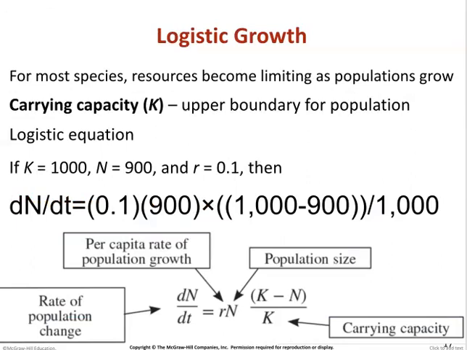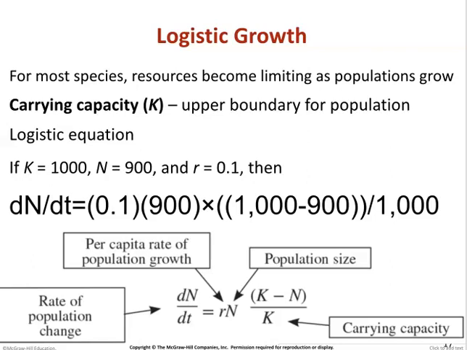Logistic growth has a carrying capacity, which we call K, and that is the upper boundary for a population. It is the maximum size that a population can get in order to sustain the same population size without growth